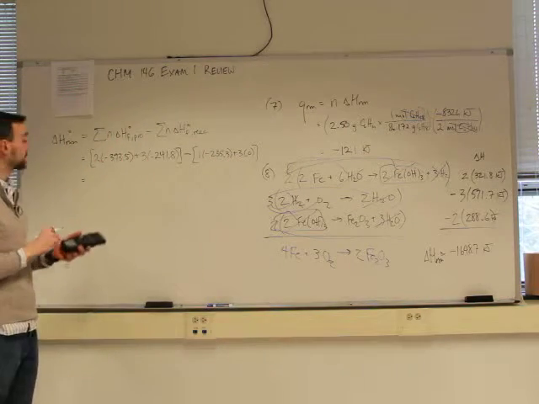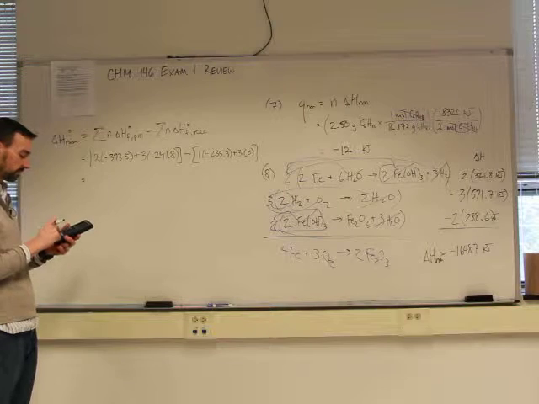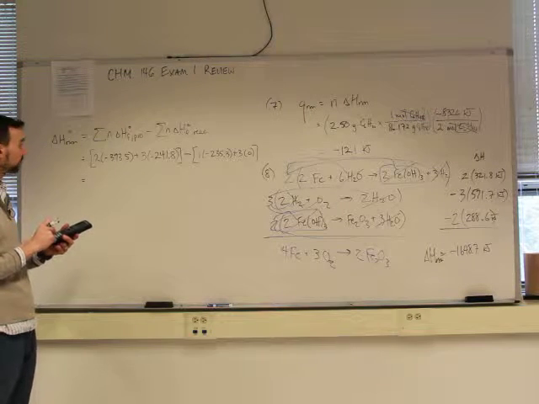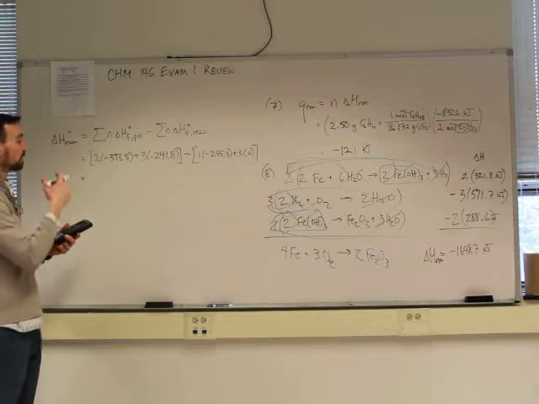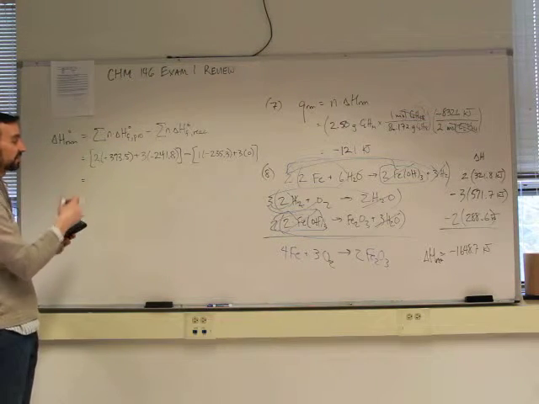Now we just add these up as we've written here. 2 times -393.5 plus 3 times -241.8. It's about -1500. All that we're going to